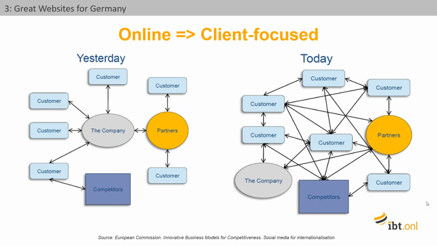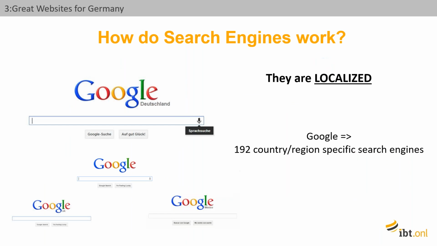Now, the simplest, easiest way I have to talk about websites and the localization of websites, which means making them client-focused and client-centric, is to go back and talk about search engines. Search engines are localized. In other words, they are client or searcher-centric. So Google, for example, if you're sitting in the States, you go to google.com. If you're sitting in Germany, you go to google.de. This is a different Google. You should think of Google not as one big behemoth throughout the world. And any search engine, same for Baidu in China, whatever.